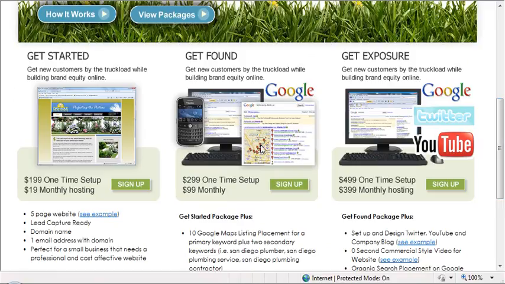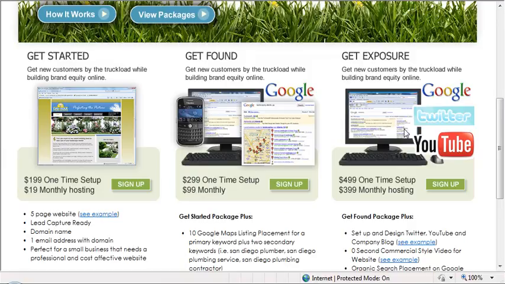The second package is what we're going to be going over in detail, and that's Get Found. And that means if you're a landscaper in this case, in your local service area, you're going to be found on the Google Maps section. And that's a part of what we're going to be training today. But the power in that is you're going to be front and center in your service area on that first